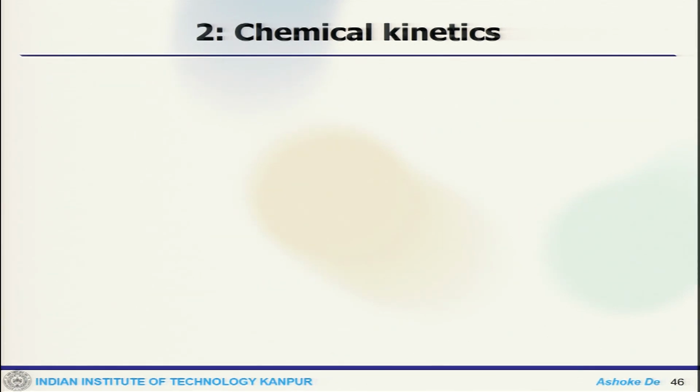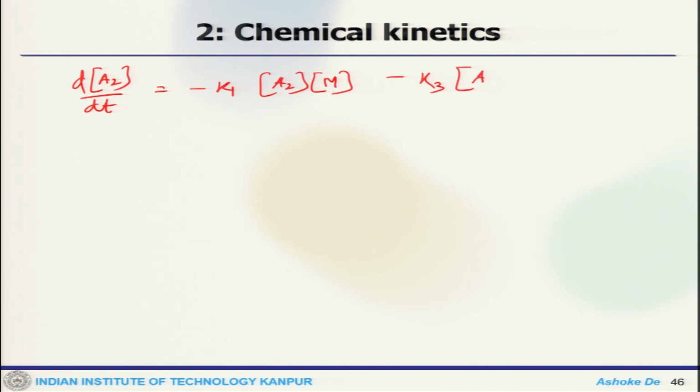Now, in the termination step you get a stable product like that. So, the concentrations of A and B are quite small throughout the course of the reaction, and so is AB at initial stages, thus one can ignore the reverse reactions and we can find out the reaction rate for the stable species like A2, which is K1 A2 M minus K3 A2 B.